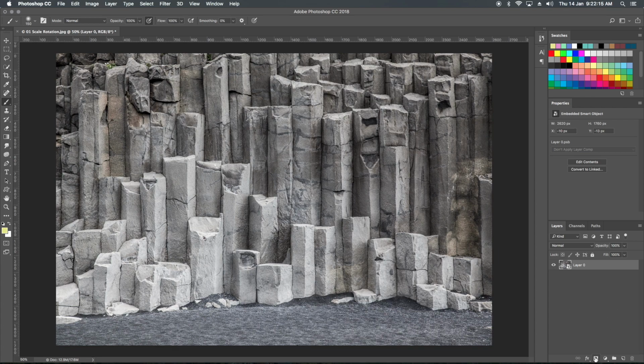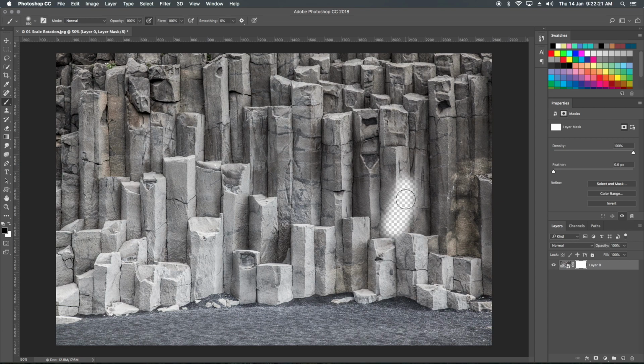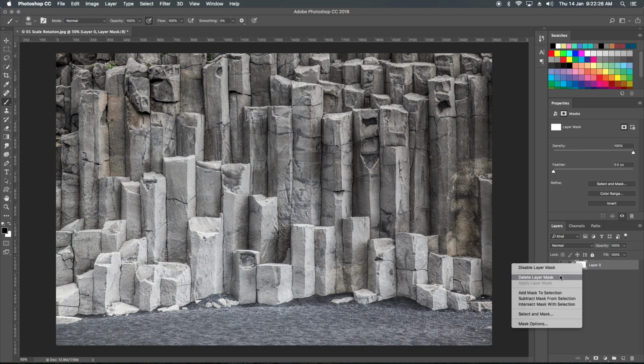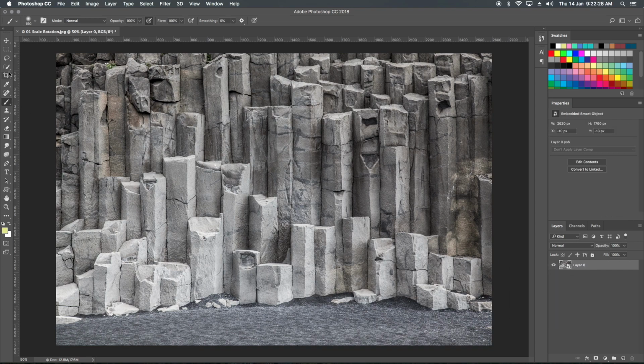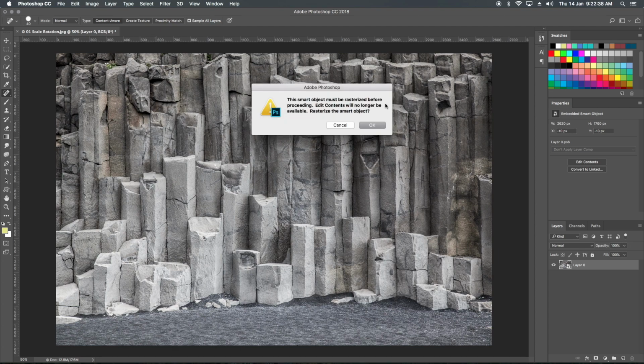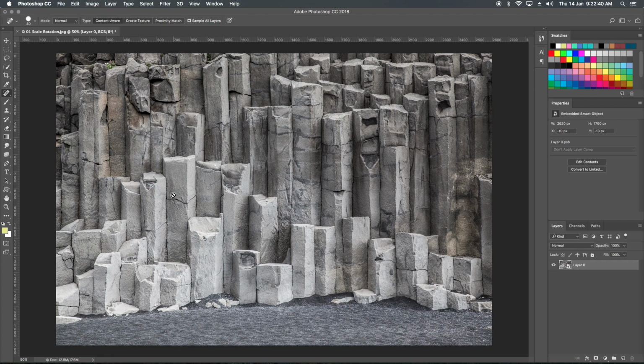If I click on mask and want to delete this mask, that works. But if you want the quick healing tool or spot healing tool to heal those pixels, that will not help. How to do all these things with smart objects is our next topic.